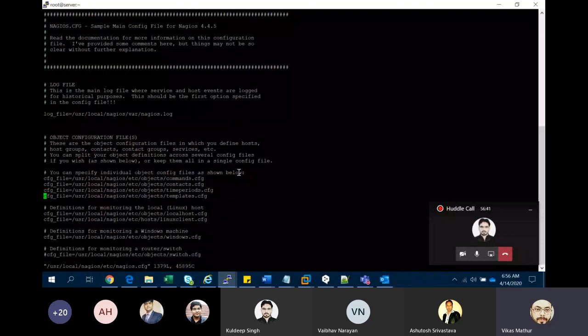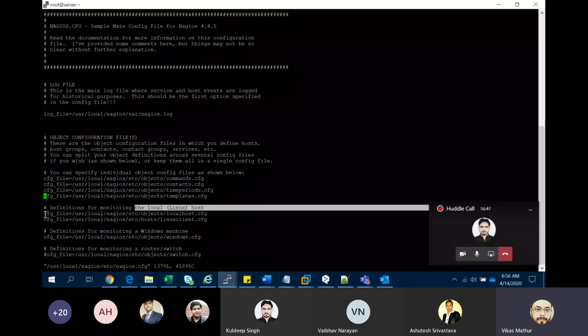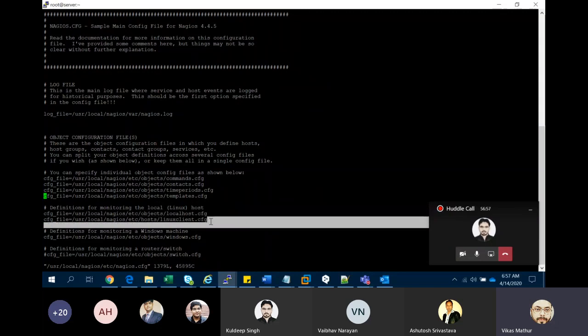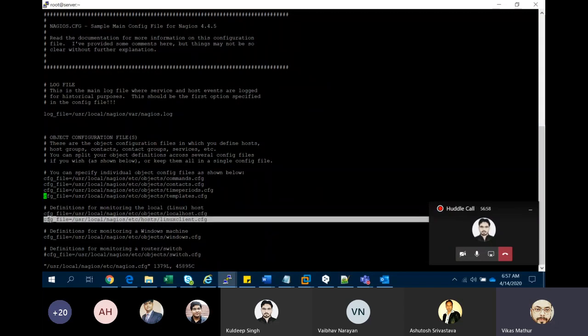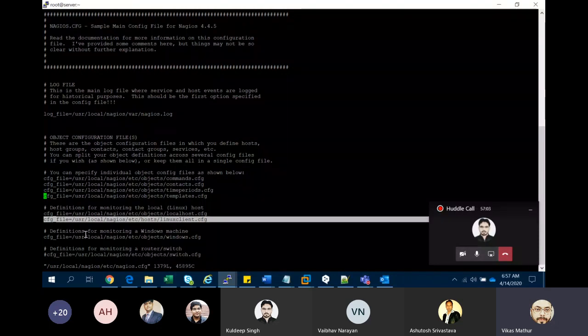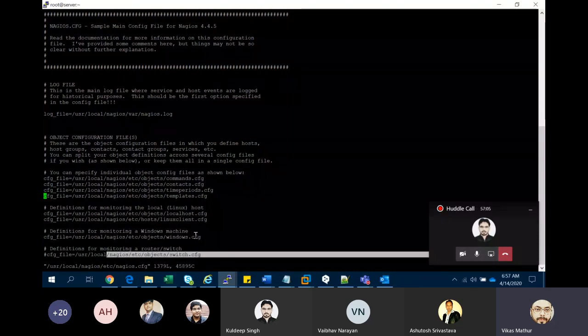You see what definitions you want to monitor on your localhost. When you open this particular file for the first time, this line is commented. So you need to uncomment this file. This is the configuration file where my host information is placed. It is for Windows, it is for the switch.